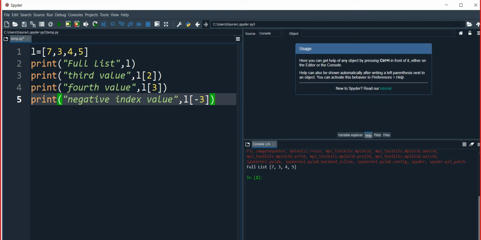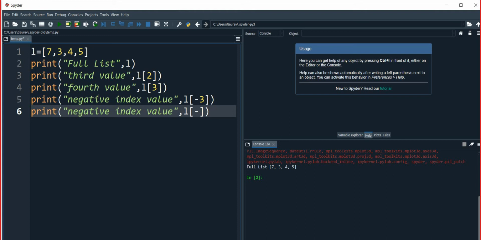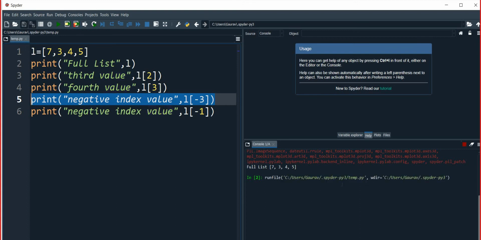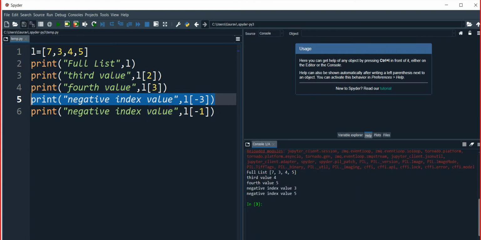Okay, अब एक साथ रन करता हूँ, -3 and -1. Okay, now see what is the value of -3 if I have printed. Now see, this is the output of the first list. So the first list is this.